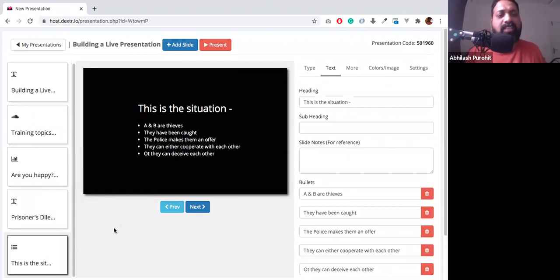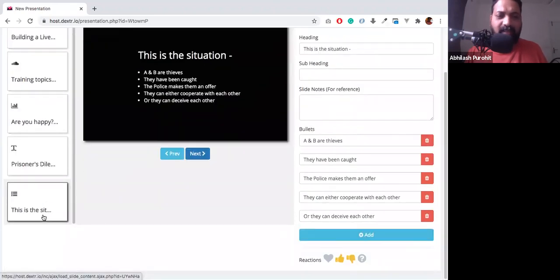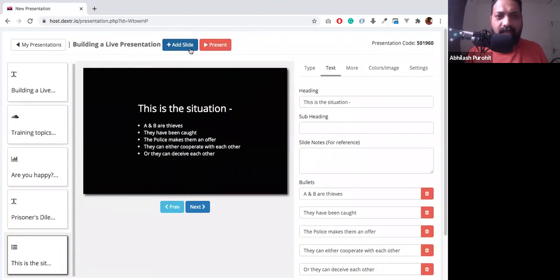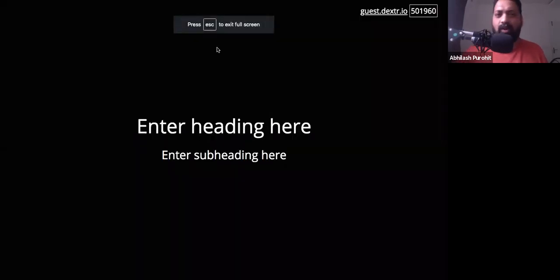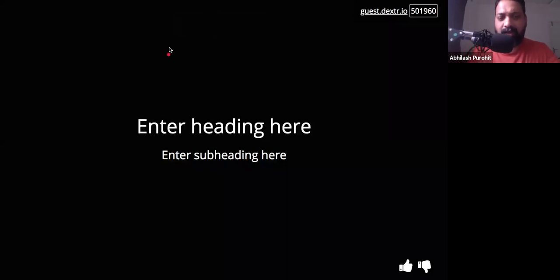Okay. So prisoner's dilemma, as we are building about decision making, I explain the situation like this. I've got one small spelling mistake here. I'm a bit of a pedantic person. So, or they can deceive each other. These are the choices they have been given. And then what happens with those choices is that I'm not going to waste my time creating an entire 2x2 matrix on this. I am going to just explain to you on this slide only what is going to happen. On the screen in my final presentation, for example, there is going to be an image. It is going to be like this.